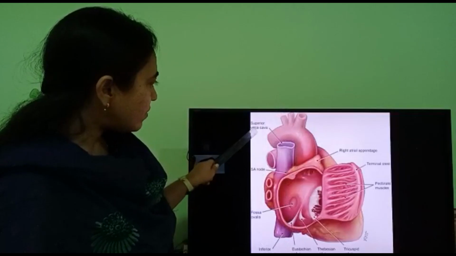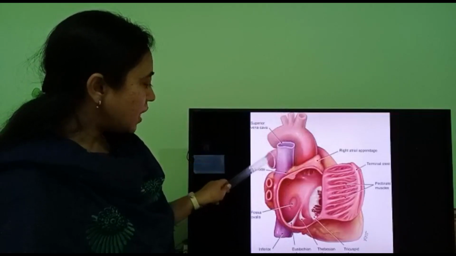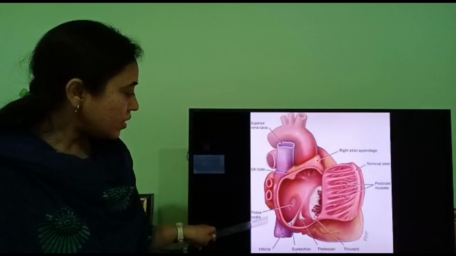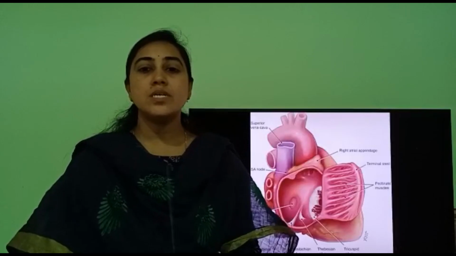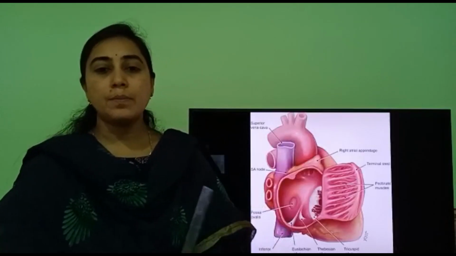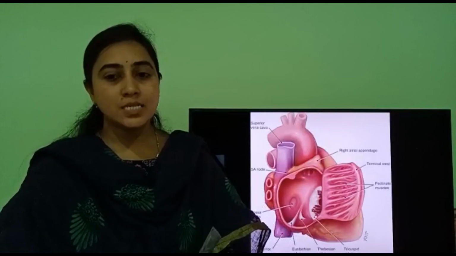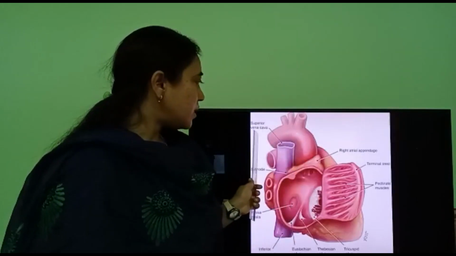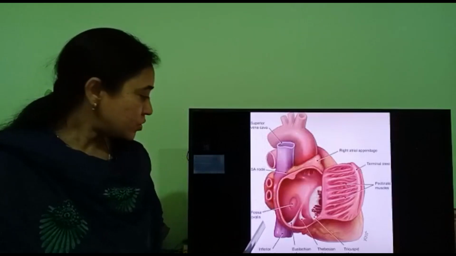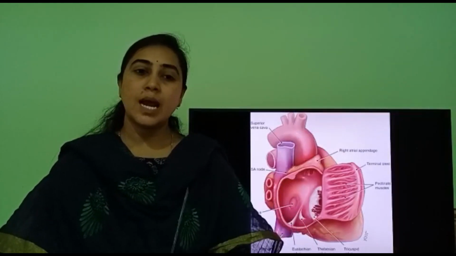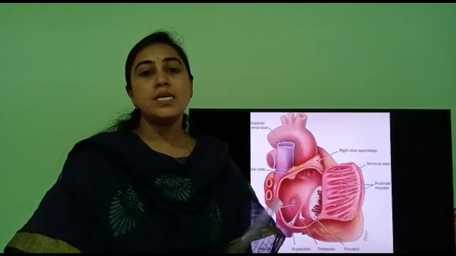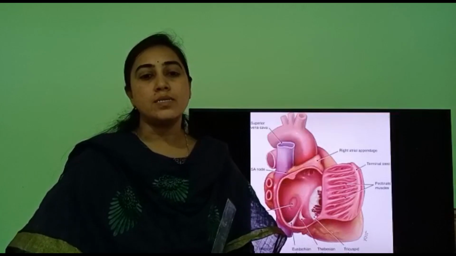There is a pre-caval vein, also called the superior vena cava, and one is the post-caval vein, also called the inferior vena cava. The right atrium receives deoxygenated blood from all the body parts through these two caval veins. The superior vena cava collects blood from the head, forelimbs and thoracic region, and the post-caval vein collects the blood from the hind limbs and abdominal organs.